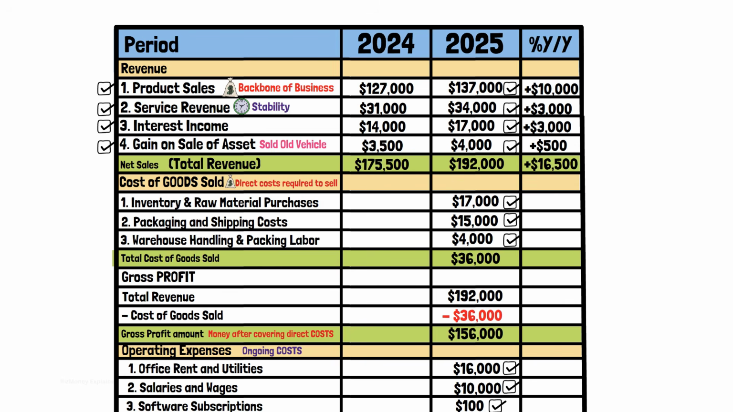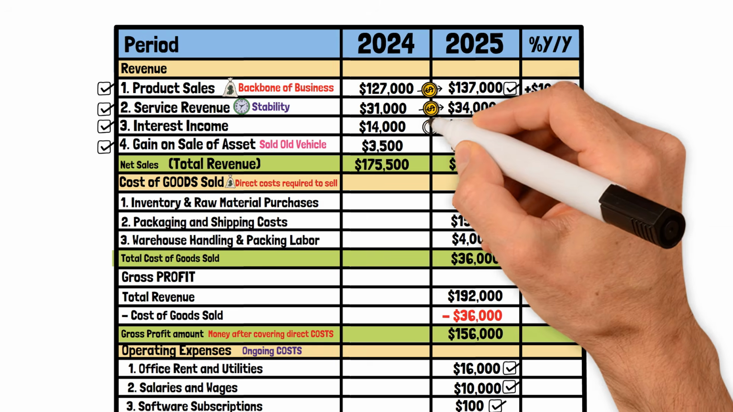$16,500 year over year. The biggest contributor to this growth was product sales, which increased from $127,000 in 2024 to $137,000 in 2025. This shows stronger demand, better pricing, or improved customer reach. Service revenue also grew from $31,000 to $34,000, indicating that the business successfully expanded its service offerings or retained more